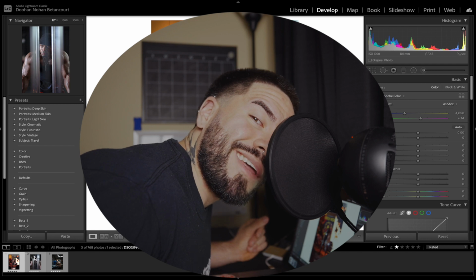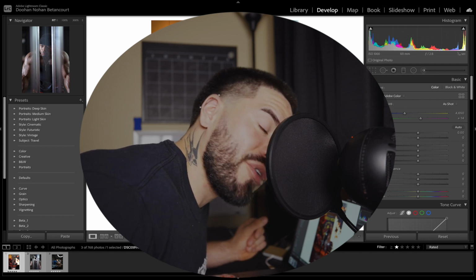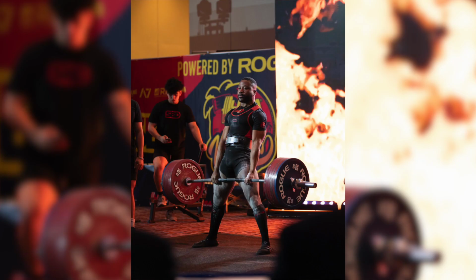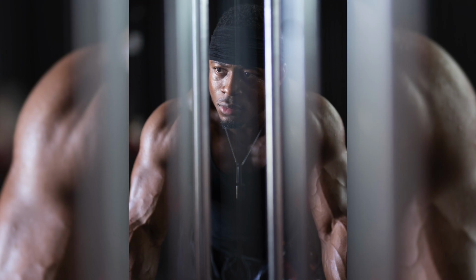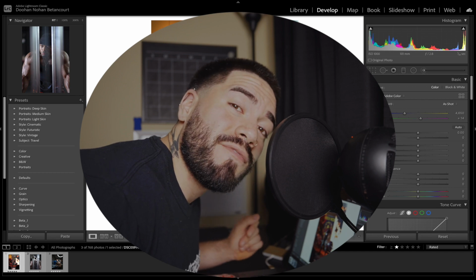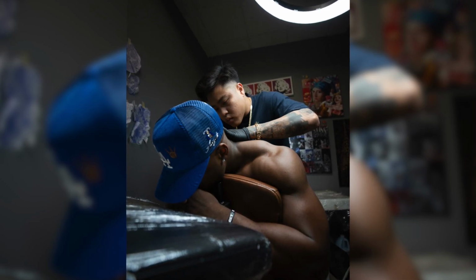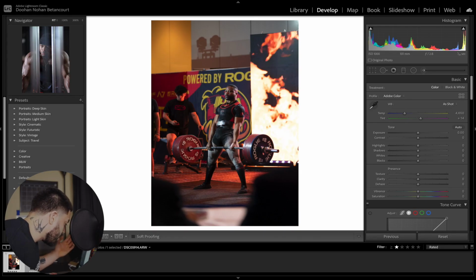Alright, so we are now in Lightroom desktop. We are about to go ahead and get started. We have picked out 3 pictures. First one being of Delaney, second one being of Russell, and third one, which was a very monumental capture, was of Russell getting a tattoo. So first things first, let's start with the one with Delaney.